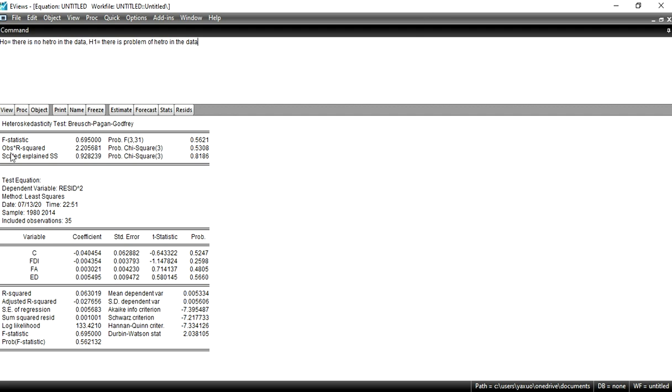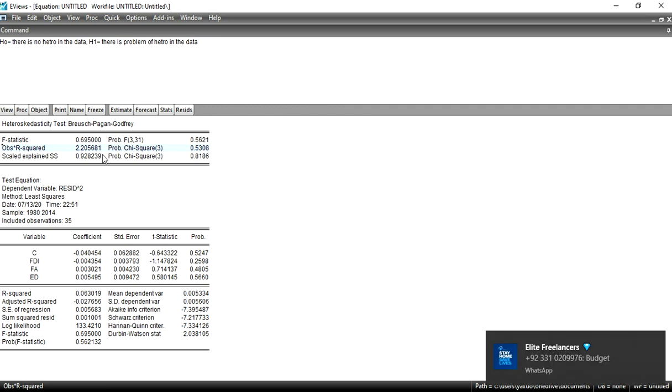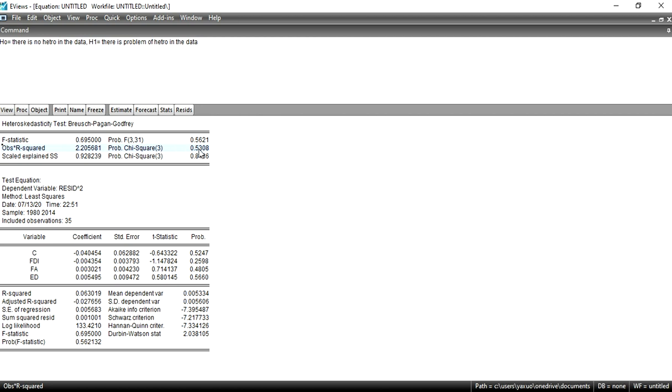So how can we reject or accept the hypothesis? You have to look at the probability value of observed R square. If the probability value of observed R square is less than 0.05, you have to reject the null hypothesis.